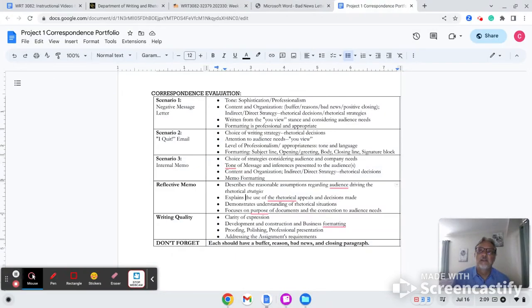Did you make any particular decisions when it comes to rhetorical appeals? Did ethos, pathos, logos come up? It doesn't have to be specific. And then just give me an idea of how you looked at each one differently, because each one is what we would call a rhetorical situation. And how did you feel that you connected to the audiences in each one? And then anything else that you're reflecting back on writing these three. You wrote a draft, you submitted it, a couple of your peers looked at it and gave you some feedback, then you had some more time, i.e. this week, to make revisions. So tell me about that.